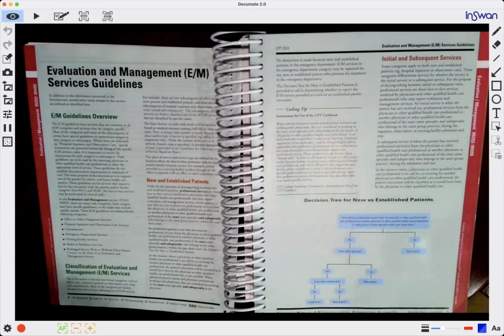Dr. Jennifer Teal here with a brief lecture on evaluation and management, or E&M services, for the outpatient setting or for the professional bill. That's the services by the clinical staff versus the facility, right? You have an institutional bill, which is the hospital's bill, and you have professional bills on inpatients, that's for the providers. So your E&M services are some of the most widely used codes within the CPT book to capture